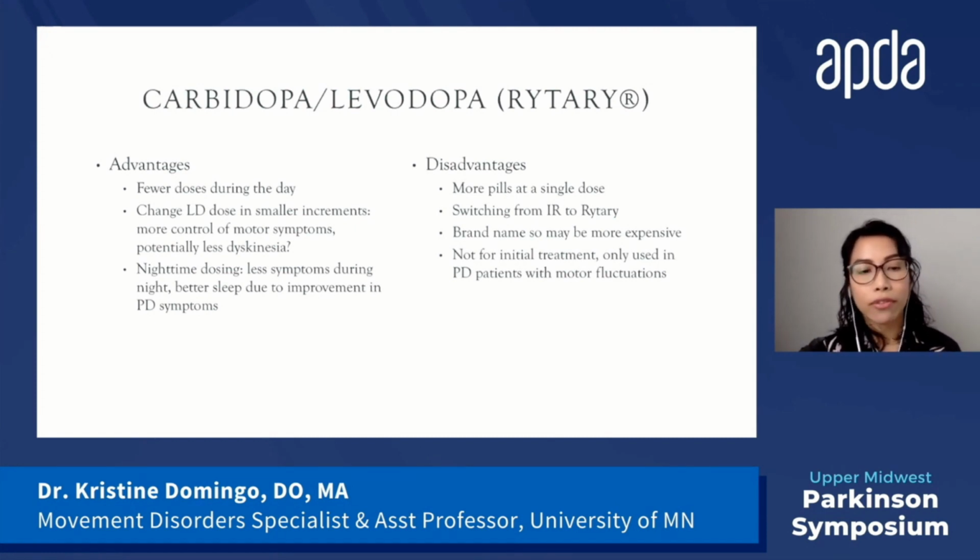So disadvantages of Rytary is that you're potentially having to take more pills in a single dose, even though it's fewer intervals throughout the day. And then sometimes switching from IR levodopa to Rytary can be a little bit cumbersome. The conversion in switching from IR to Rytary isn't an exact science and requires trial and error, and so patience from the patient